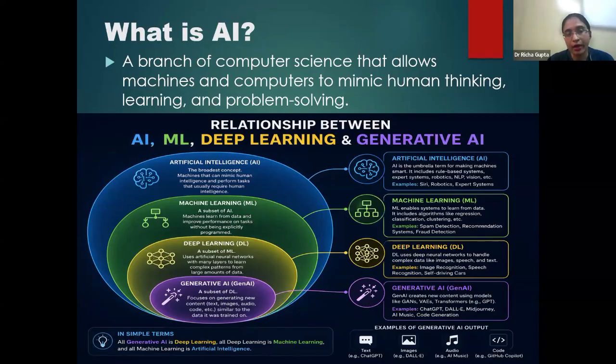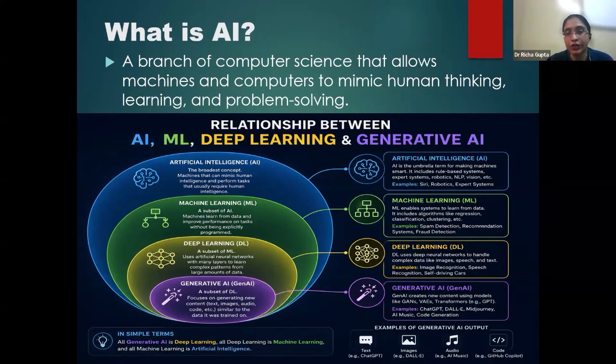When we talk about various terms like AI, ML, deep learning, and nowadays generative AI, what is the difference between all these terms? It is important to understand first. The reason being we often use one term for the other while they are all different from each other. So AI is the broadest concept. It is an umbrella term where we use all kinds of applications, wherein we are using machine learning technologies, deep learning technologies, and generative AI. So it is just like an umbrella, under which we have different